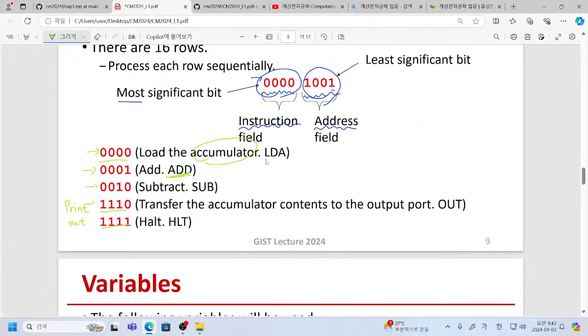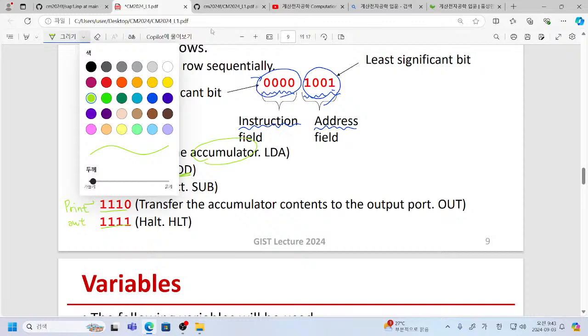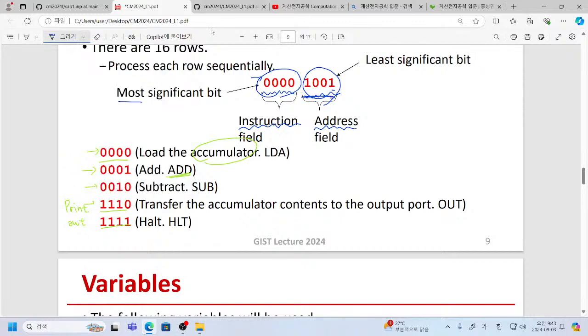So then I have to explain the second part of this address field. For example, here we have 0 0 0 0. It means that corresponding to the load the accumulator. Then what is the meaning of load the accumulator? Which value itself is loaded? For example, here we have 1 0 0 1. This is corresponding to the decimal number 9. So it means that we load number 9 into